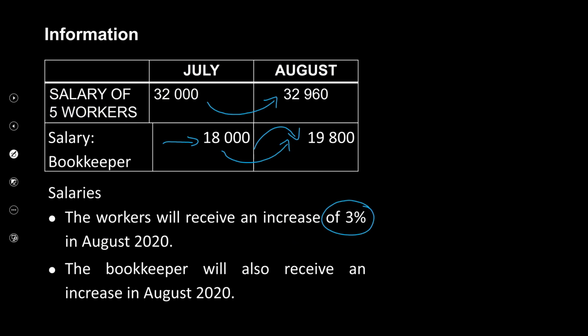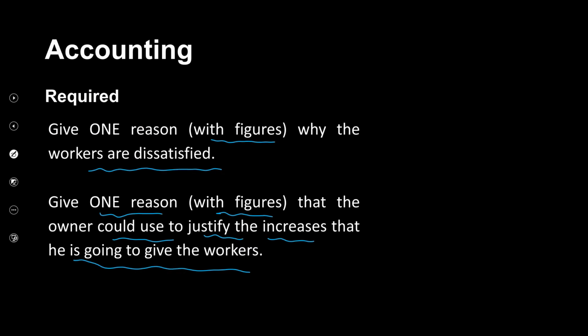Can you see the bookkeeper, if you take 10% of 18,000, will be 1,800. Add the 1,800 there, will give you a figure of 19,800. So clearly you can see that they are receiving a 3% increase. That's your workers, whereas this bookkeeper is receiving a 10% increase. Clearly a disparity. Okay, then